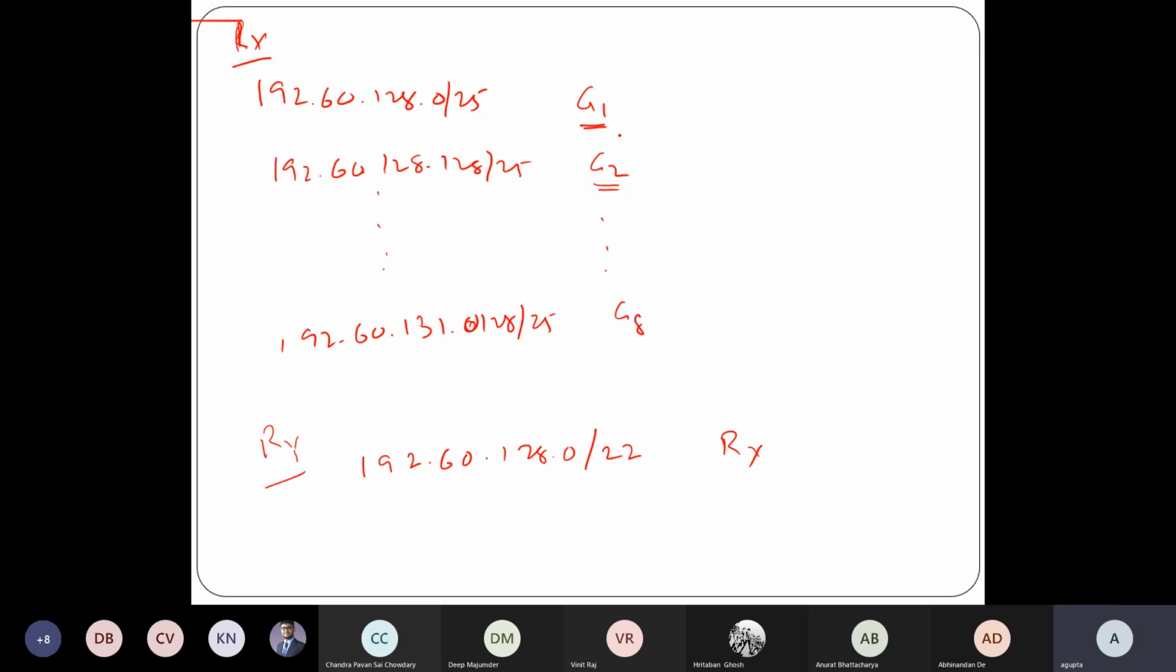A subnet, remember, is a network, a full-fledged network also. I would have had 8 networks. But because they were contiguous, I could do this only because they were contiguous. I could just supernet them into something /22 and then say everything that comes from anything here, send it to RX. Okay, so suppose a packet comes for